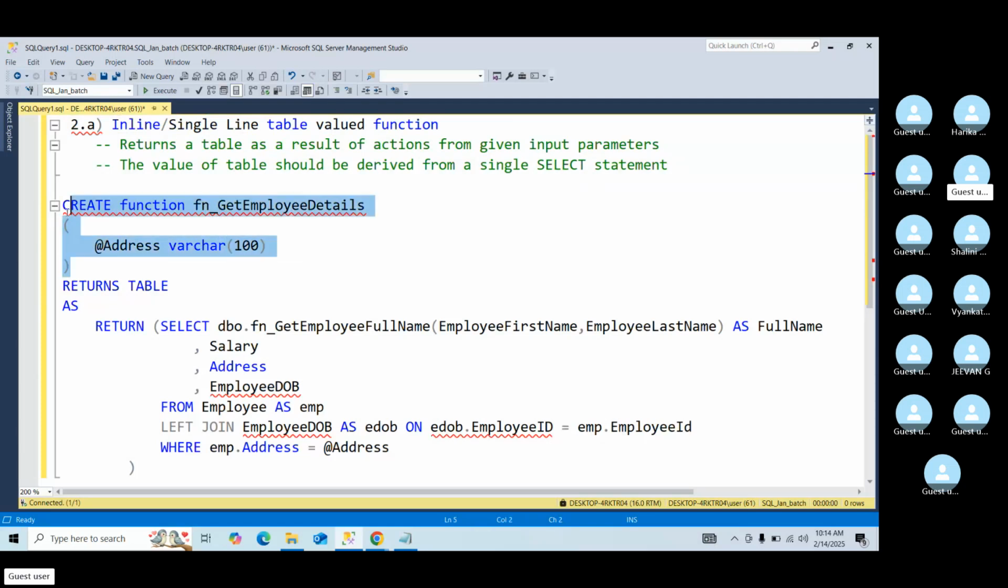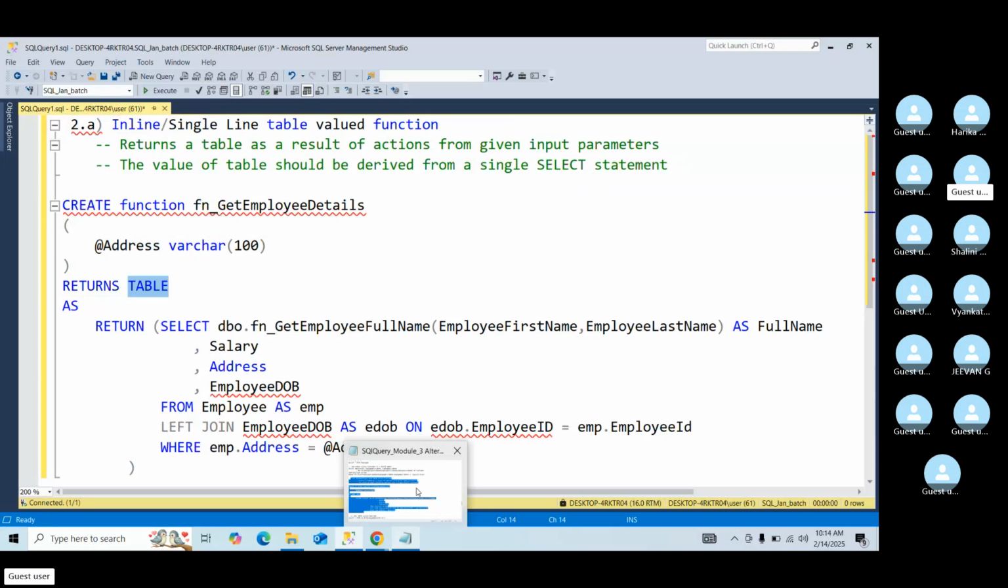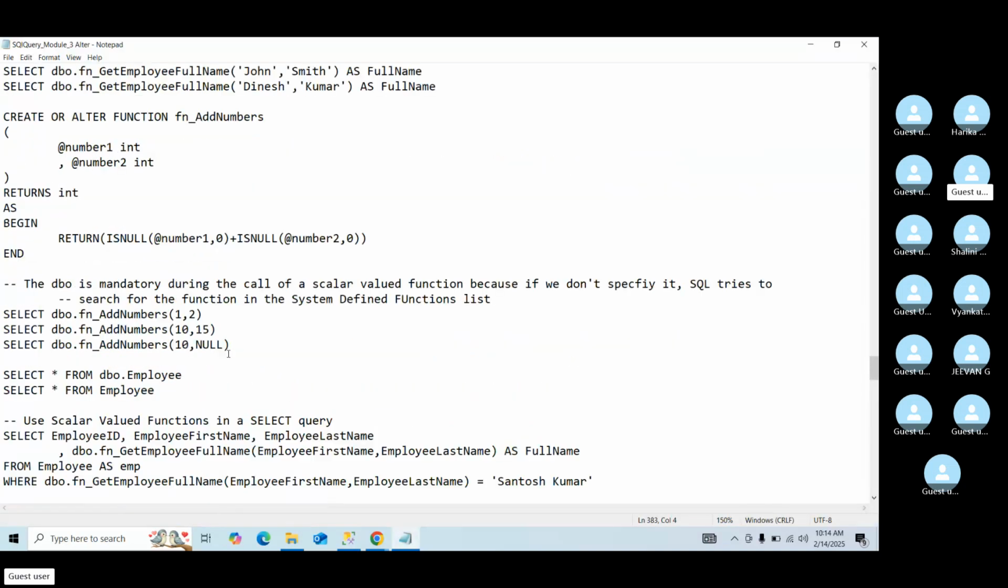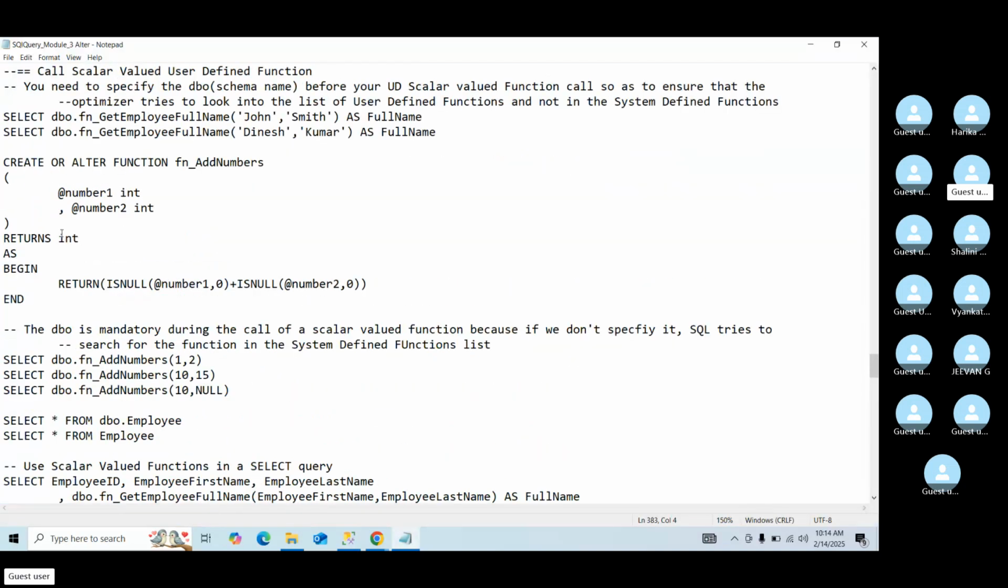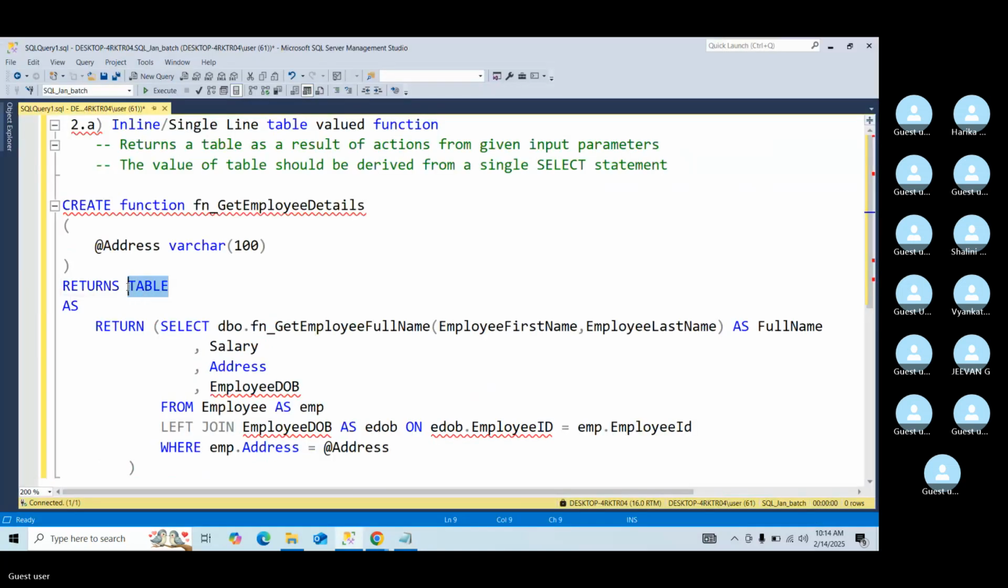Then I'm closing it. Now in the returns I will write table. If you see, while creating the scalar value function, in the returns, we were returning the data type of the return, but here in the table valued function, we will return table. Okay, we will return table, and this is the major difference where SQL in the background will understand that this is